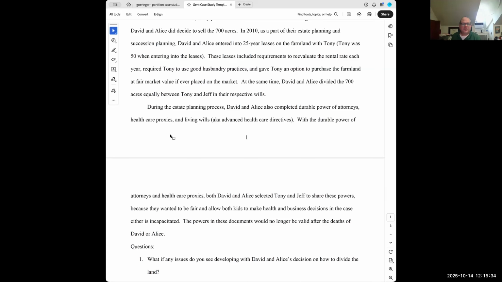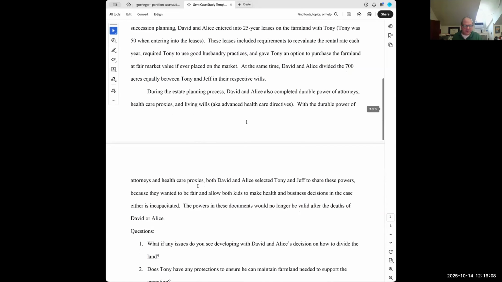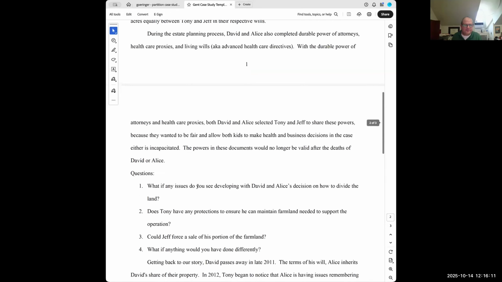From the estate planning process, they've done what most people would do. They've equally divided the farmland up and really have set it up in a way that the one son who's remaining on the farm, Tony, can continue to farm it and have David inherit part of it. So he still gets part of what the family has accumulated over time. Tony will get 350 acres. So that probably is not that bad.